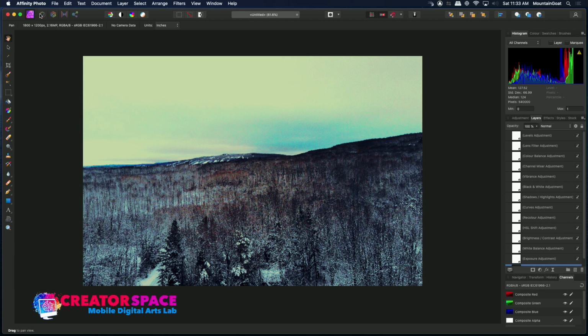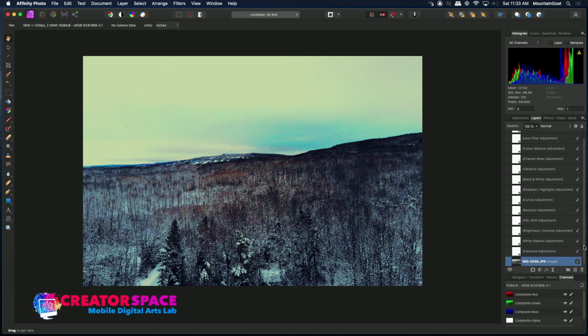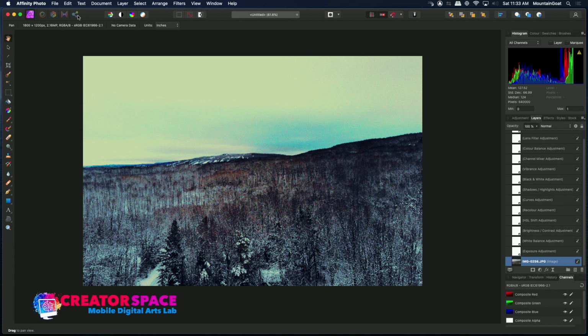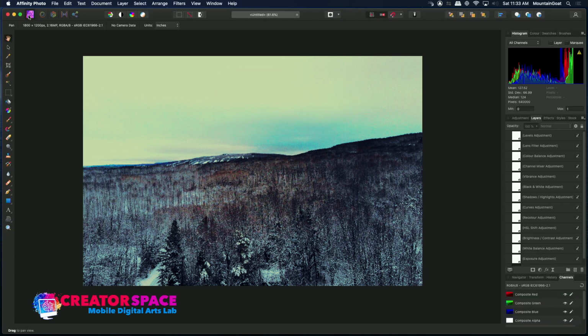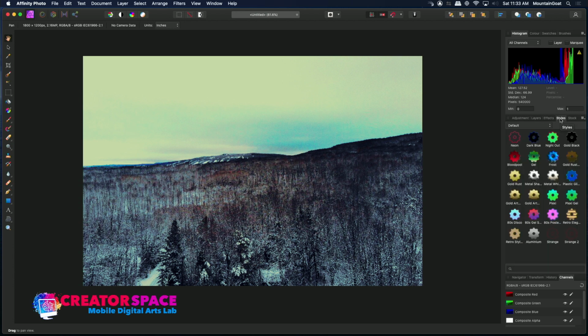So let's look back at these personas. I guess. Oh, so we need the RGB layer. So we're going to work on these in the raw. I think this is where it's an export persona. Yeah. So it just wants us to work in the appropriate type of file. So we'll get into that one when we get into the raw. So then effects, there's things like this, glows and things. They're not going to really apply, but